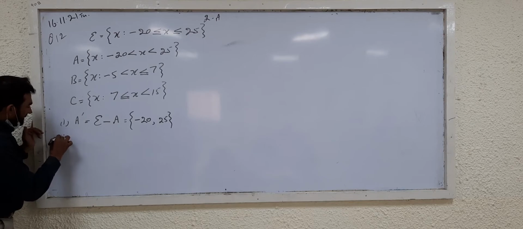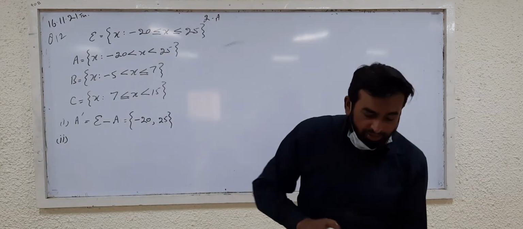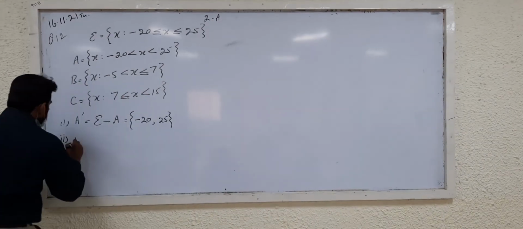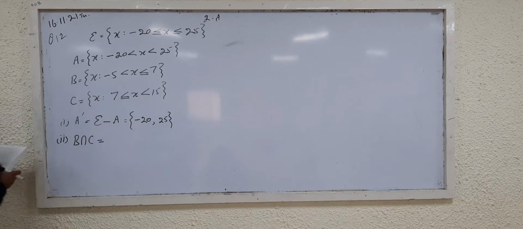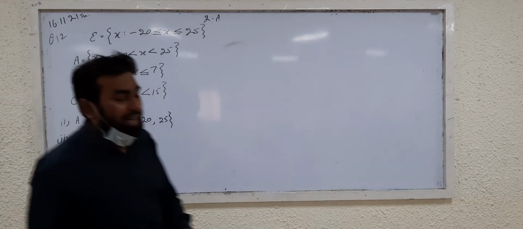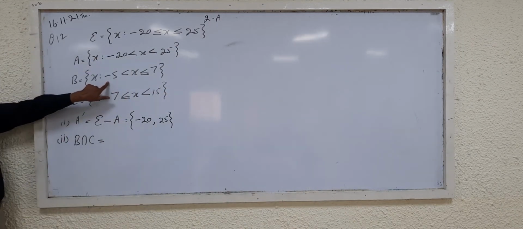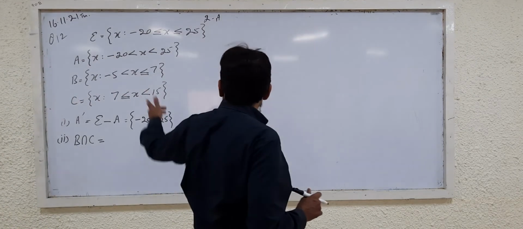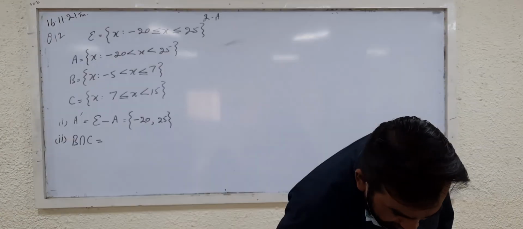Second part. First of all, I am solving all the parts, then I will make the number line of each part here. The second part is B intersection C. What are the common elements in B and C? In set B, you can see that minus 5 is not included. So the B is a set of